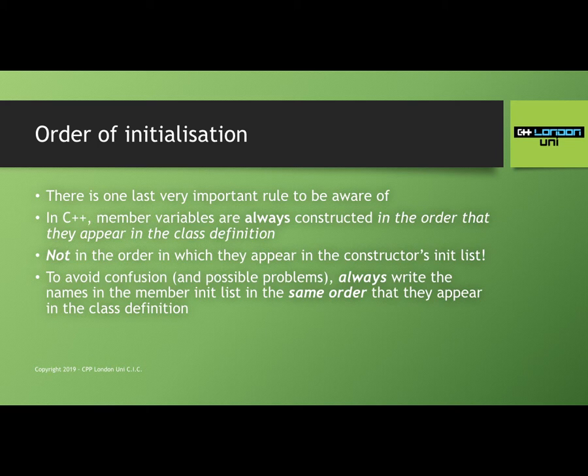So the rule to remember, the takeaway from this, is always write things in the initializer list in the same order that they are written in your class body. You're allowed to skip things if they have an in-class initializer or default construction is fine. You're allowed to skip them, but you're not allowed to reorder them. In fact, compilers nowadays will generally warn you if you write a member initializer list that lists things in a different order. So this is less of a problem than it used to be, because now compilers will warn you, but it is something to be aware of.